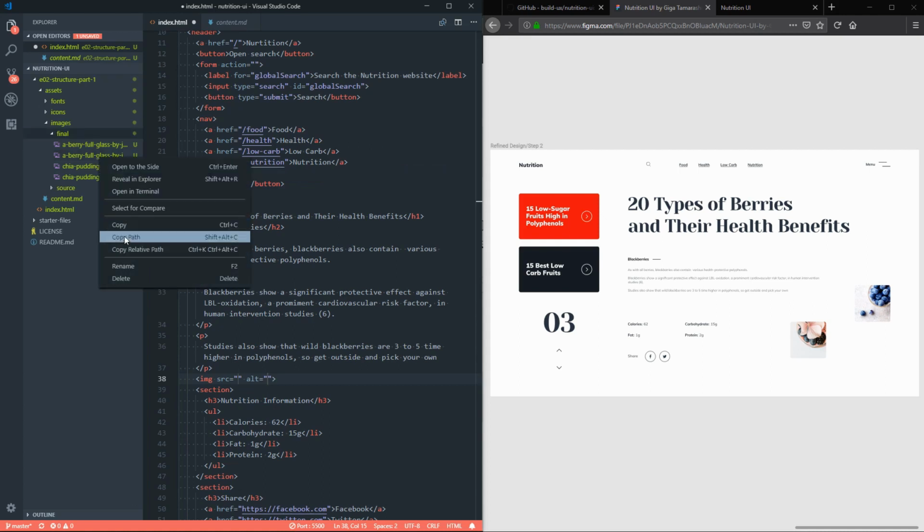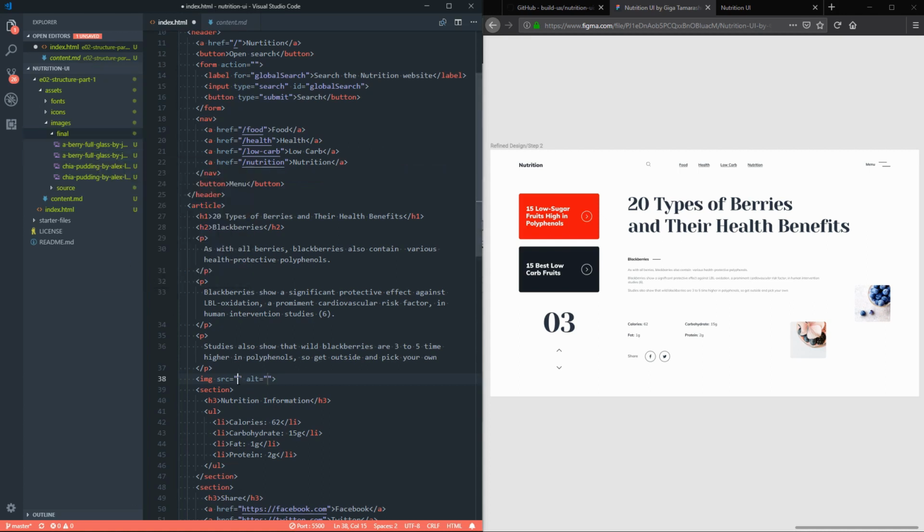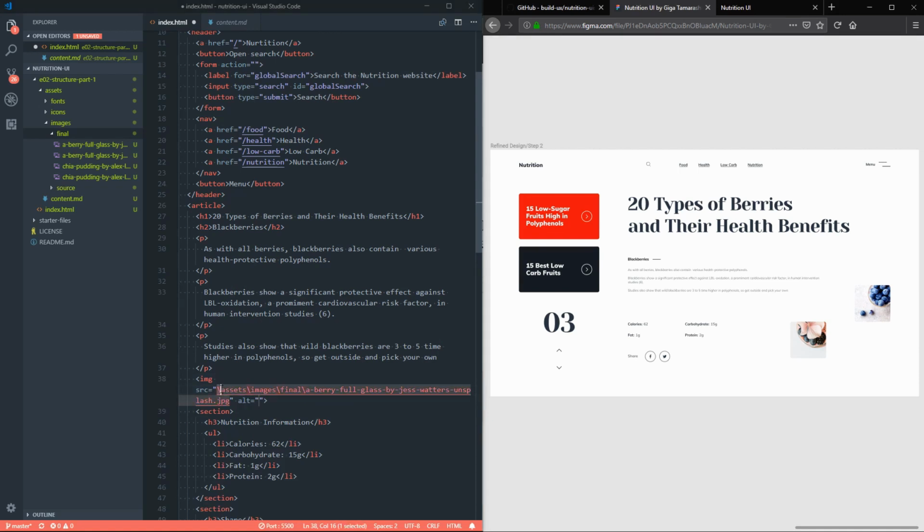So in VS Code, I'm going to go here and copy the relative path just to make sure it's nice and accurate to where we are in the file. And cleaning up anything here, let's change these backslashes to forward slashes. Cool, that looks good. And lastly, with each image, we need to ensure that there's really descriptive alt text for